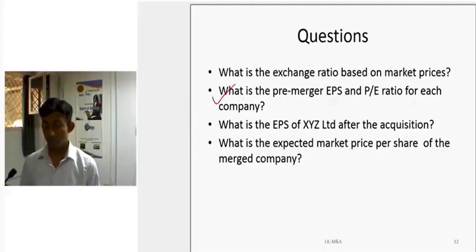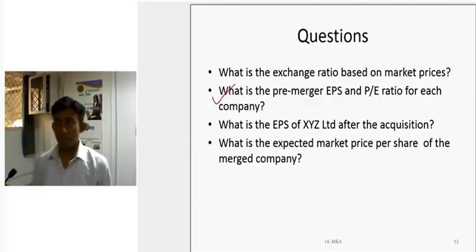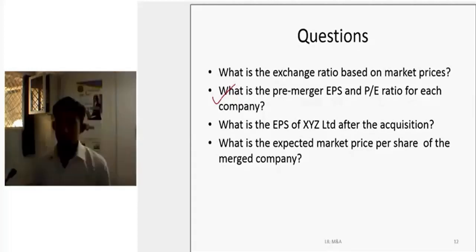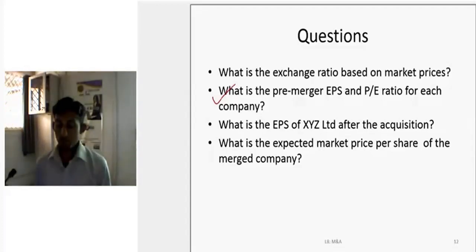The first one, what is the exchange ratio based on market prices? What do you mean by the exchange ratio? Exchange ratio means, now normally when it comes to a merger, if you take an example of